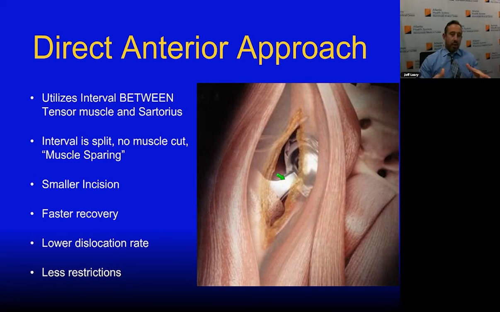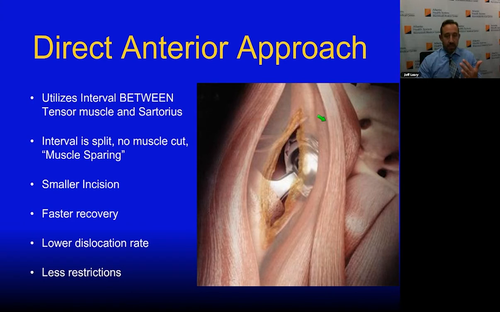I would still say a minority of surgeons across the U.S. do it this way. However, what this procedure does is it actually utilizes an interval between two muscles on the front of the thigh, and all you're doing is finding an interval between those muscles and creating space between them. So you're not cutting them, you're just moving one medially, one laterally, and creating a window. And from there, you're able to get directly down to the hip, do the surgery the same way, put the new acetabular component in, the new femoral component, close up. And really at the end of the surgery, all you're doing is closing up their skin because you haven't cut anything else.